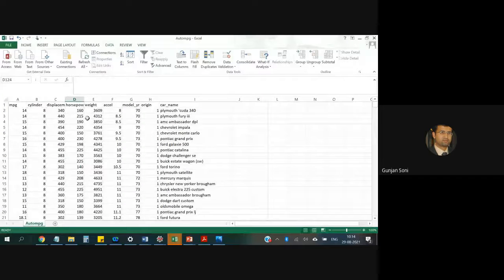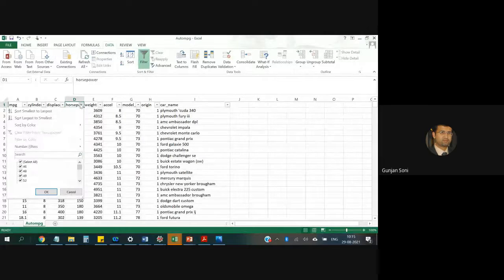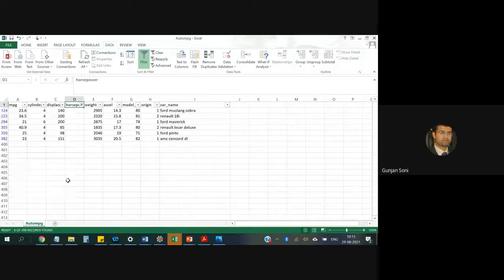Or we can filter it out also, data filter. And as Amit was telling the other day, there is a command called null, which returns those rows which exhibit null values. So let's see how many blanks are there. So there are basically 6 blanks in the horsepower.